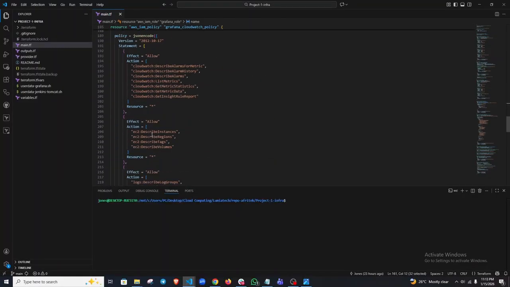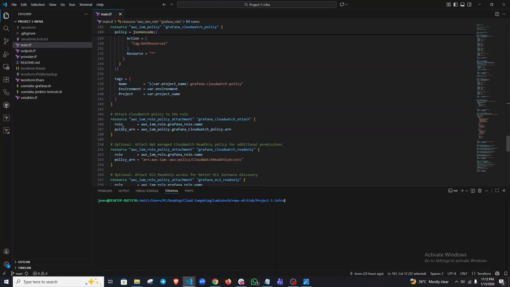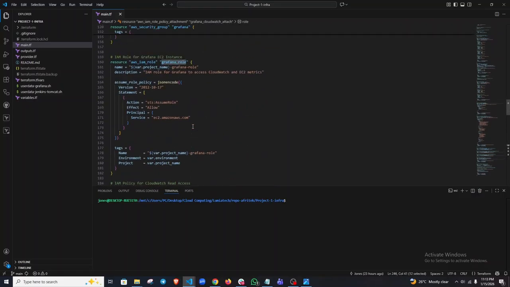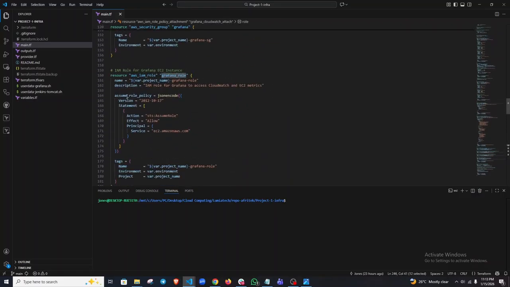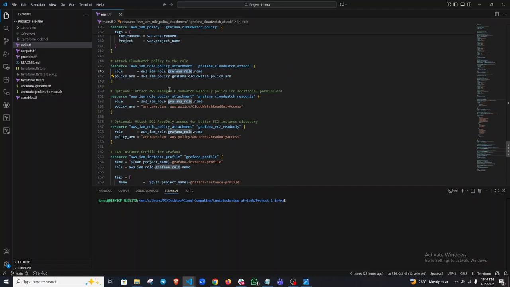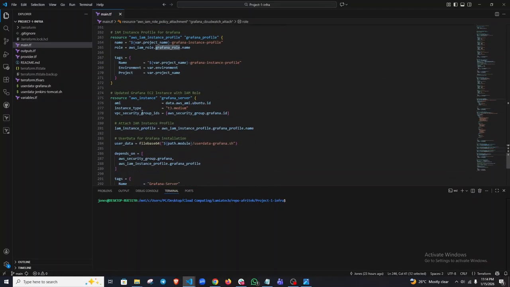This is the IAM policy. Let me see. Grafana role is supposed to create this Grafana. Okay, this is the Grafana role that has been created above, and then after it, we have created these policies and we are attaching them to it. So then